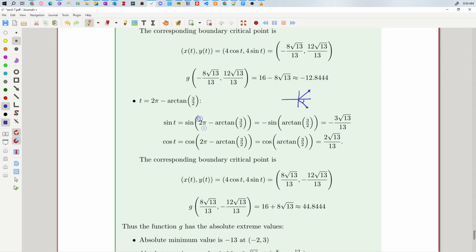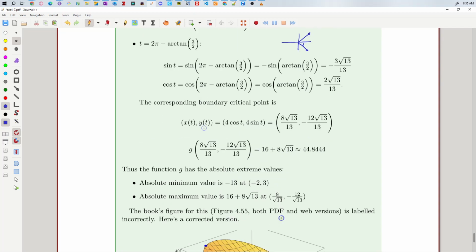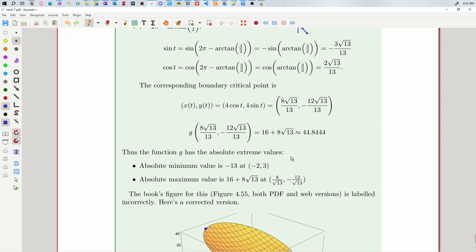So you've ended up flipping the y coordinate, which corresponds to sine. That's why it's a negative there. And then the cosine is the x coordinate, which stays the same. So there's no sign flip there. And the same triangle considerations will give you those values. Convert it back to x comma y, plug it into g, do some painful algebra, and you get a number. Okay. And then considering what is the smallest value that you see, what is the biggest value you see,